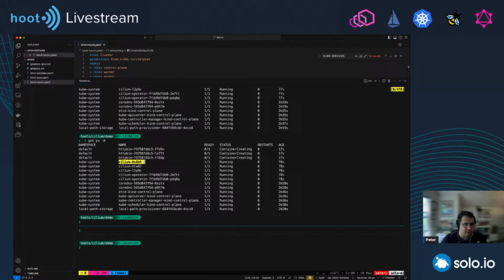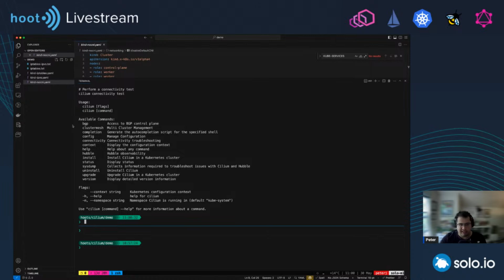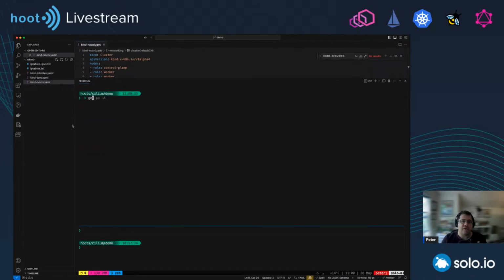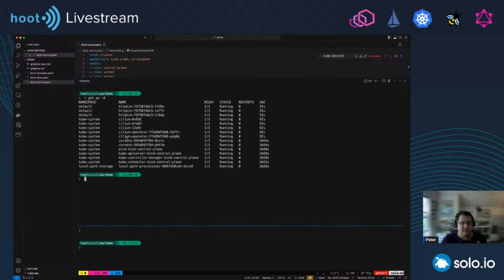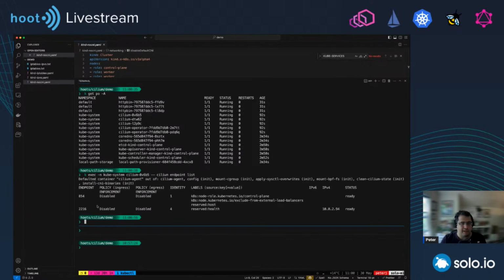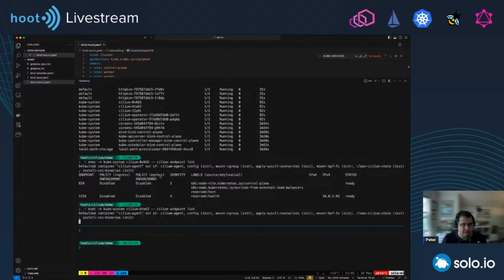Another thing I want to show quickly is that there's a CLI that I have installed locally. This is mostly for enabling things, installing stuff, uninstalling. But there's also a Cilium CLI running inside each of the Cilium pods. So we can do kubectl exec, namespace kube-system. Oh, there you go, I've already run it. Let me just update this. 8v6b5, for example, and I'm running the command cilium endpoint list, which is going to list all of the endpoints. I picked the one that doesn't have any workloads there. So let's do maybe this one.